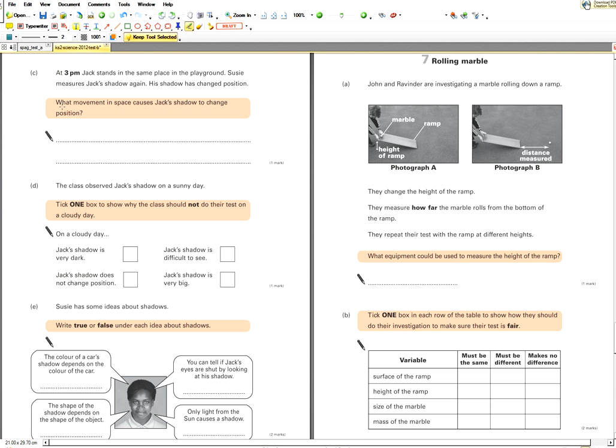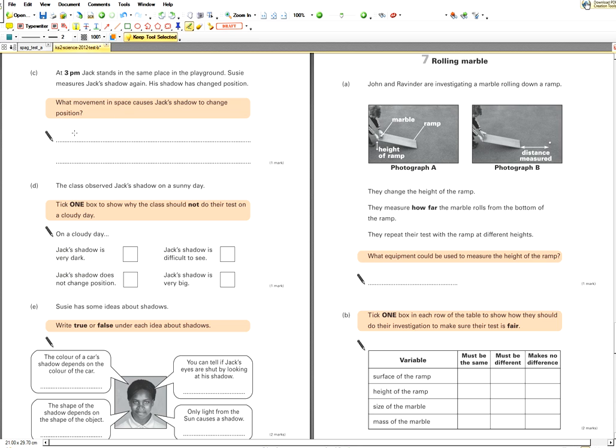Right. At 3 p.m., Jack stands in the same place in the playground. Susie measures Jack's shadow again. His shadow has changed position. What movement in space causes Jack's shadow to change position? What's causing his shadow to change? The earth is moving. Can you be a bit more specific? The earth is